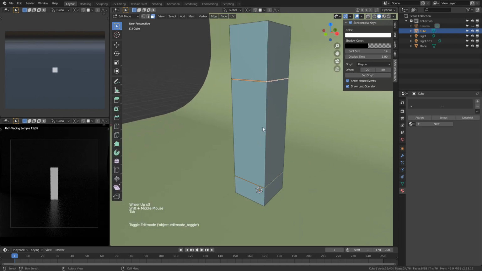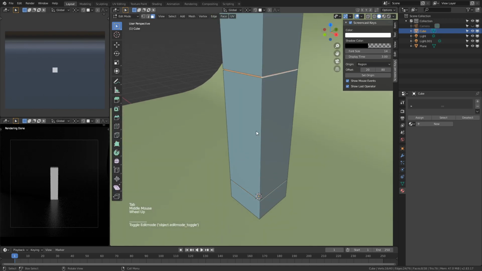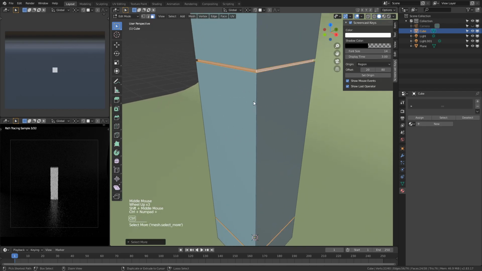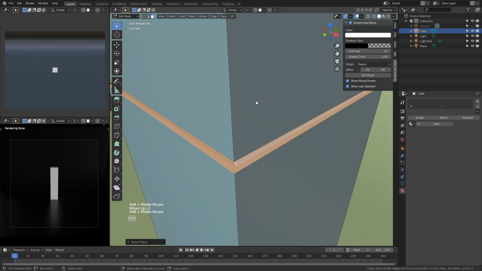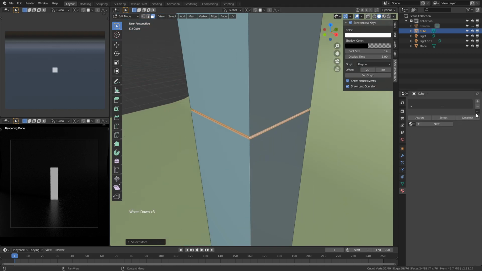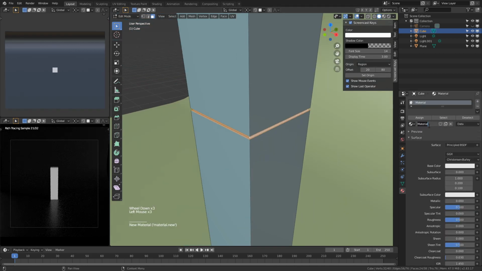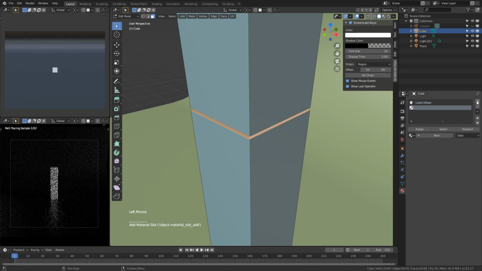Now I want these to have different materials, so I am going to Control plus, and as you can see, what that does is, let me just Control minus to show you, it selects the faces next to them. So this is going to be the default material. This is the default one. Let's not call it default though, let's call it lipstick base, and we're going to add in another one,